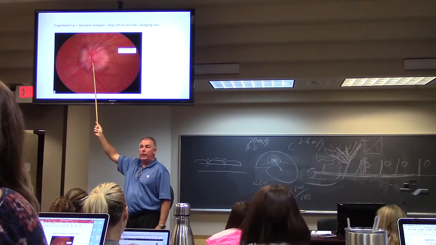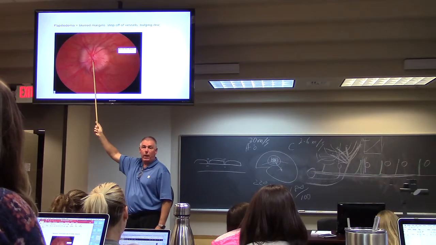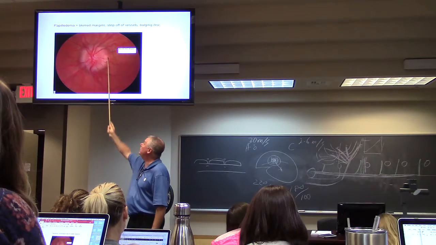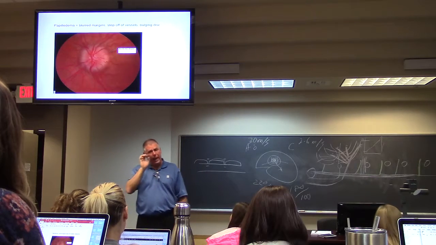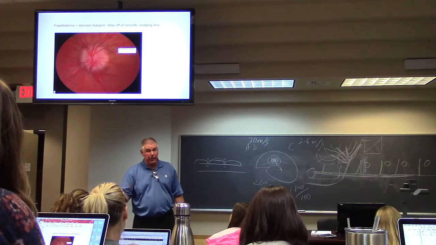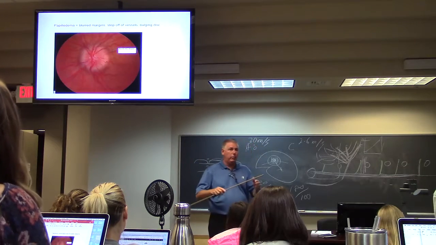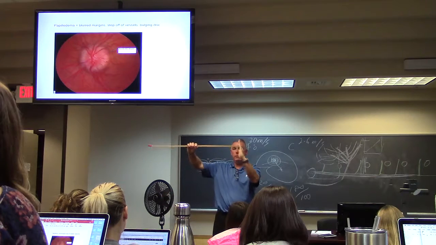There's the opening of the optic nerve into the retina. So there are three features. One, the margins are blurred. Two, it looks like it's bulging at you, because it is. And three, because it's bulging at you, so if this is the normal retina, and you've got the normal optic